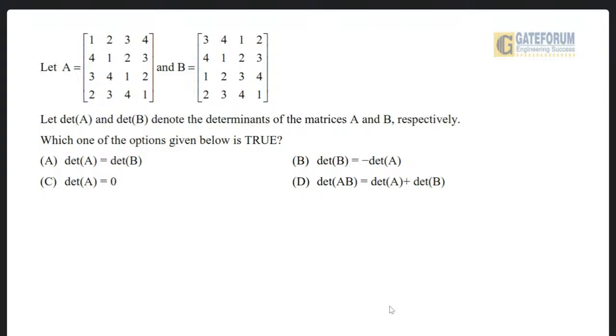Four options A, B, C, D are given. This is from engineering mathematics, from the topic linear algebra, subtopic basics, that is determinant. The solution is